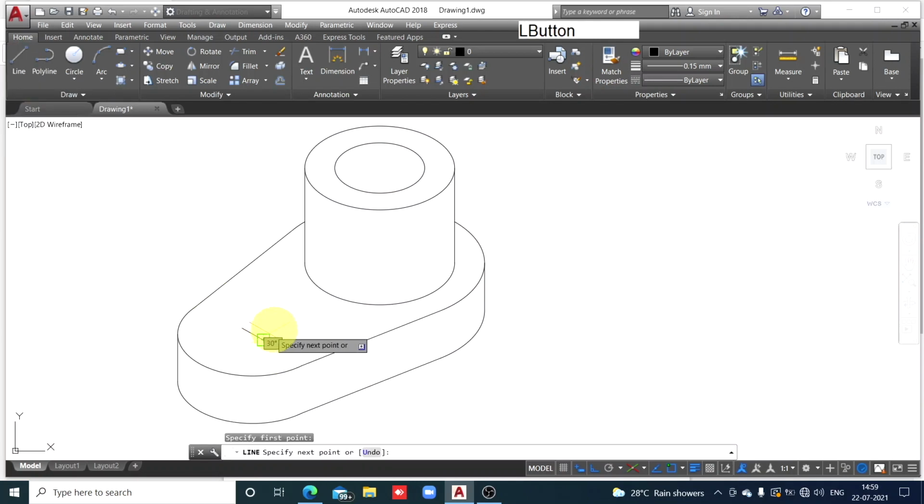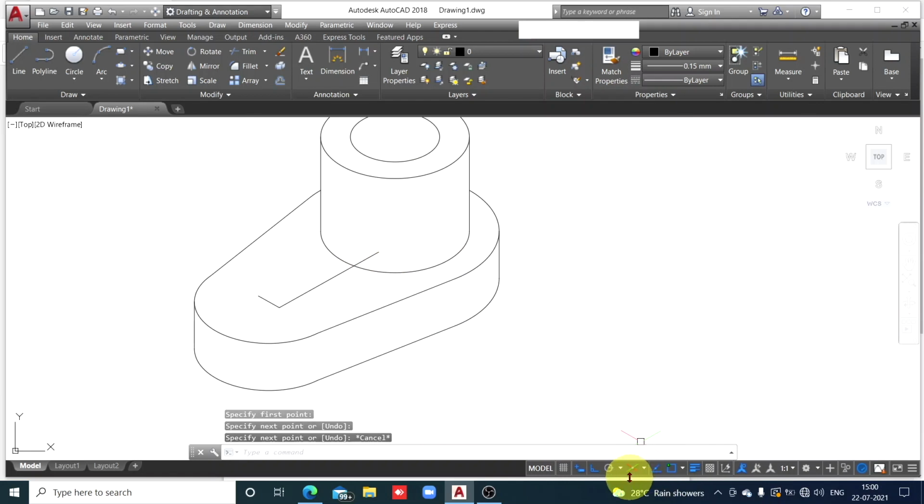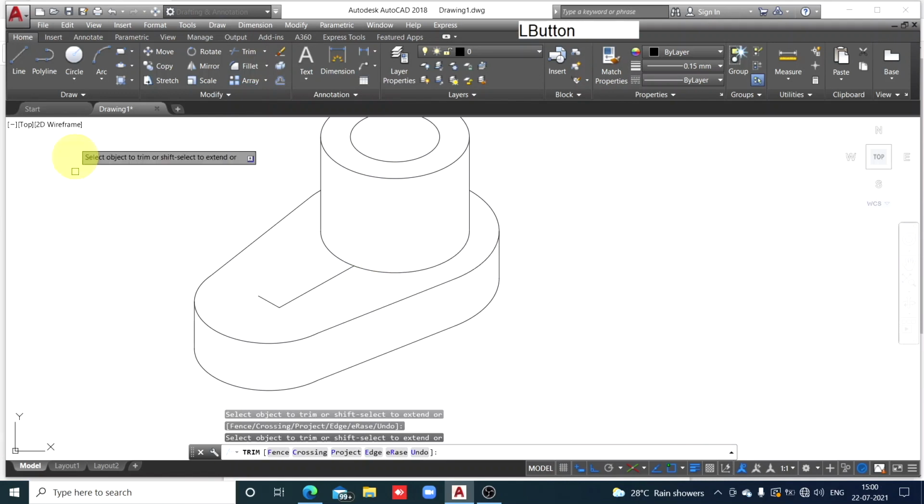Now from this end up to the cylindrical surface, you are going to draw that edge. So extend it slightly and then trim the unwanted portion. Because ortho mode is on, you will get this line parallel to the length axis. Check the hair cross, that green line is the length axis. It is the top plane, meaning length and width are available here. Now trim, enter and trim that portion.